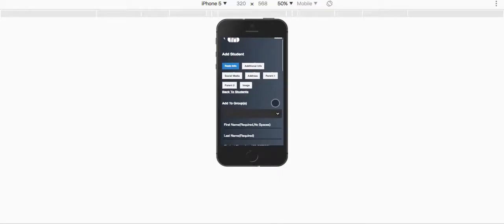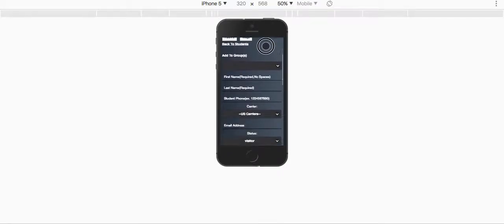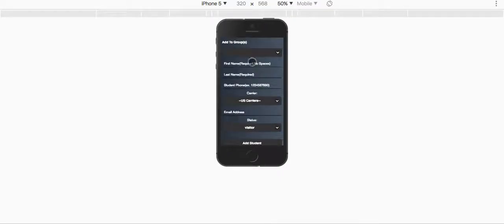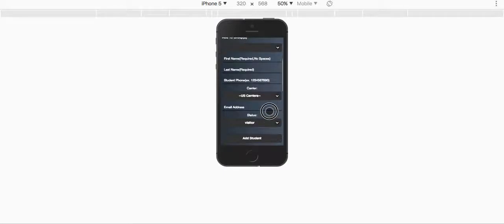And what's great is you can see we've broken it down to where basically if you just want to get some basic info. Now, really first and last name is all that's required. That way you can get kids in quick, because you don't want to spend the whole time having them fill out forms, because you want them having conversations, building relationships. But some of those other important things about staying contacted and things like that are also in this first section as well.